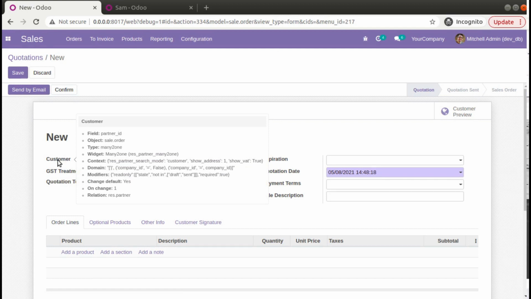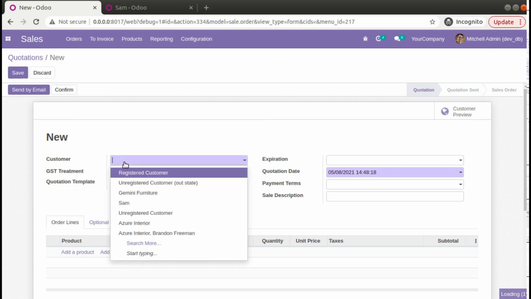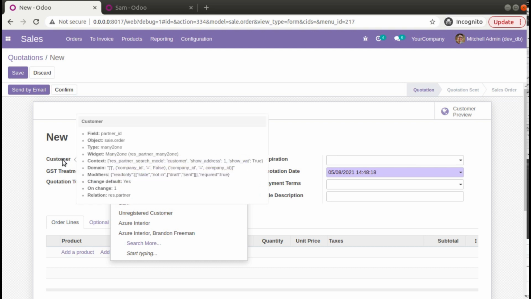You can see the field name is partner_id, the type is many to one, and at the bottom of the pop-up you can see the relation is res.partner. The relation means that the values in the drop down of this field come from the relational model, that is, from the res.partner table in the database.